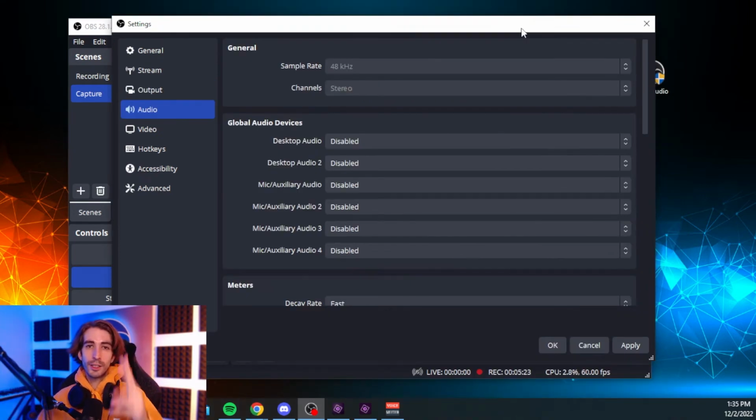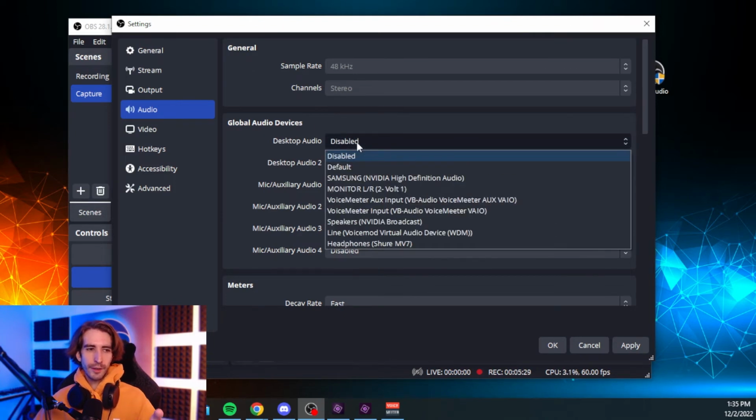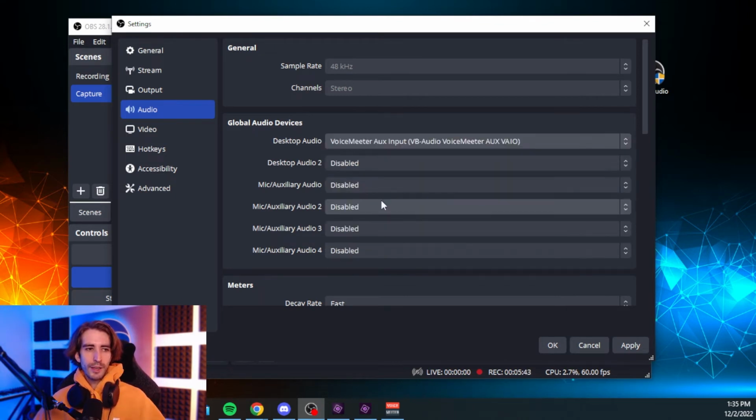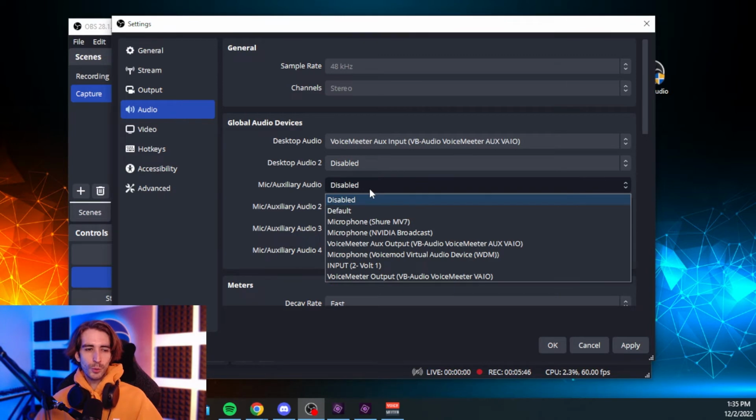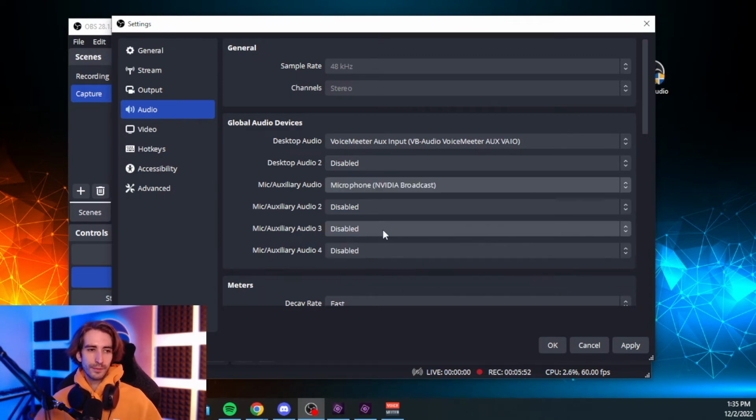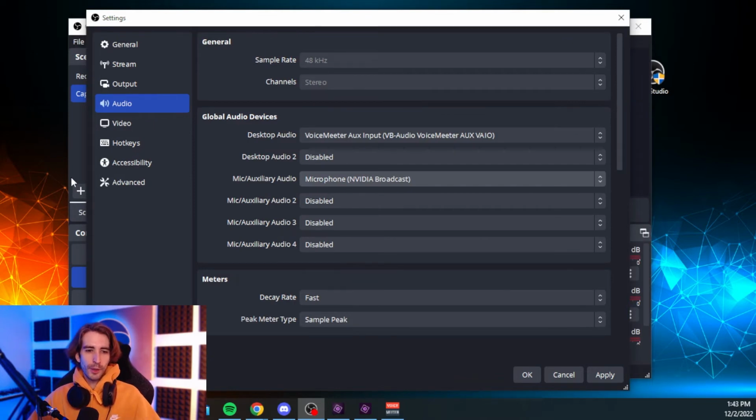So with audio, you're gonna need two things: your desktop audio and your mic audio. First, select your desktop audio and choose the device in which your audio from your PC is coming from. For me, this is Voicemeeter. And then go down to mic and choose which one is your mic. For me, I'm using the Navita Broadcast. Now when you got your desktop and mic audio connected, click OK and move on to the next step, which